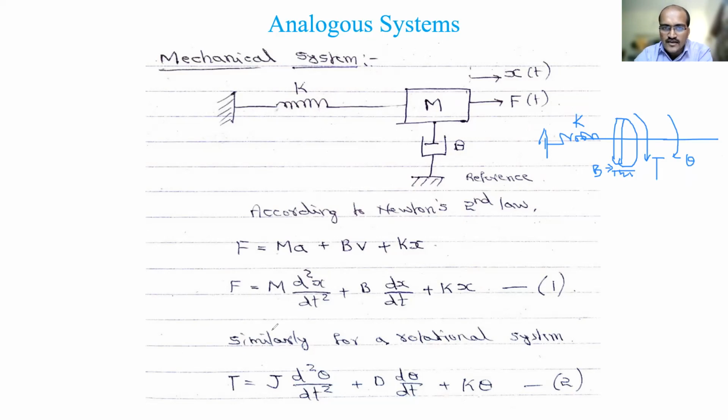If we substitute the same way in the equation, in the force place you have the torque, in the M place you have the J, in the x place you have theta. Then B you can write as B, or as D. I have written B here, yesterday I gave you D. If you write D, it will be D dθ by dt plus K into theta. So this is about the rotational system. This is equation 2. If we write the FV analogous system, I will use equation 1. If I write the TV analogous system, I will compare with equation 2.